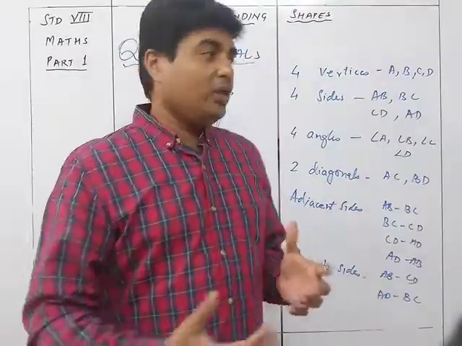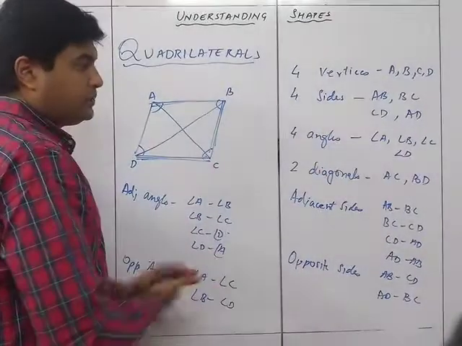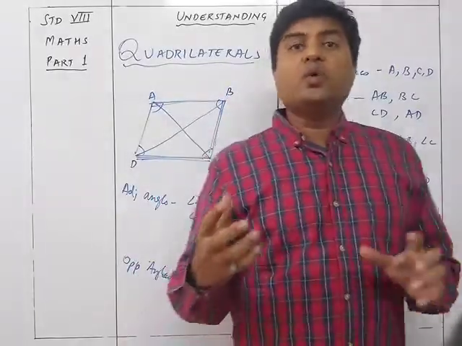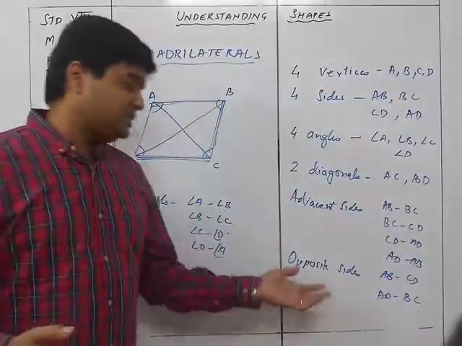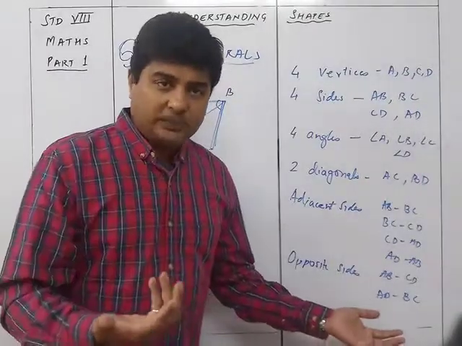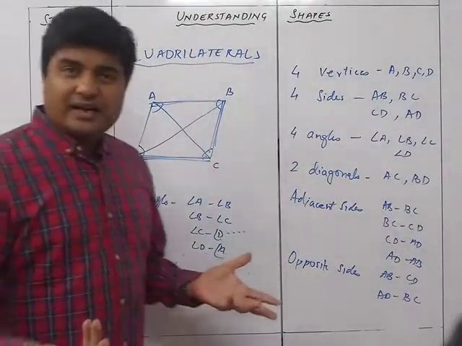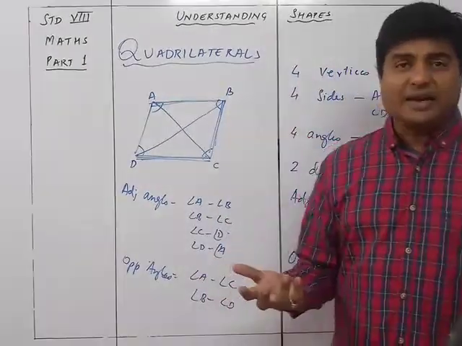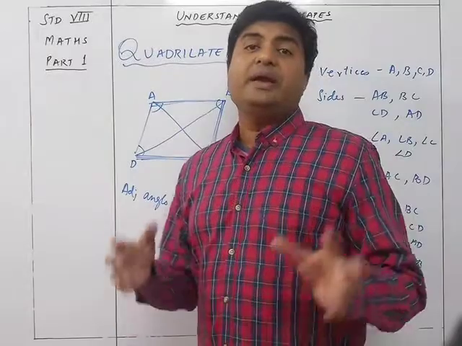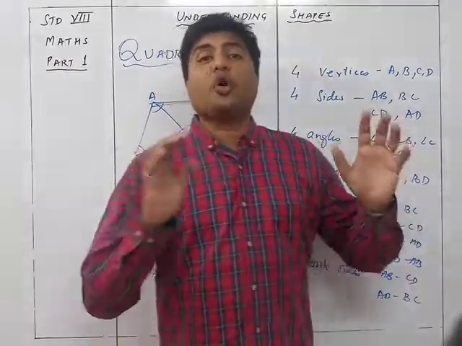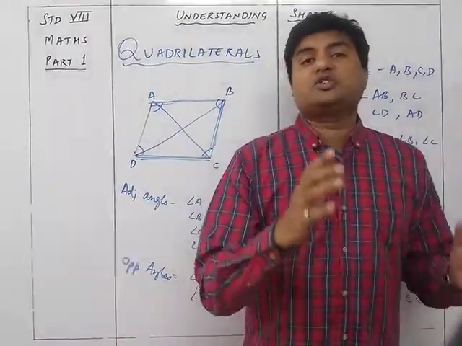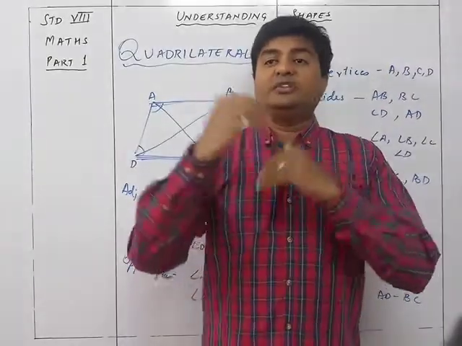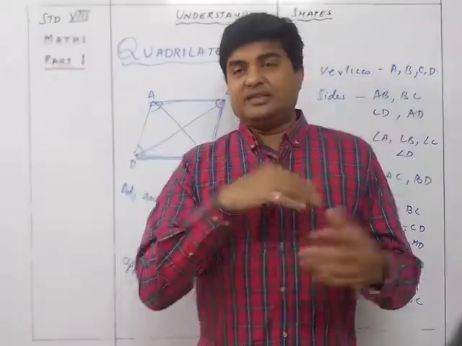Now why are we going through all this? This is because depending upon the way the opposite sides are related to each other, or the opposite angles, or the adjacent sides, or adjacent angles are related to each other, there will be different kinds of quadrilaterals. When opposite sides are equal, or adjacent sides are equal,